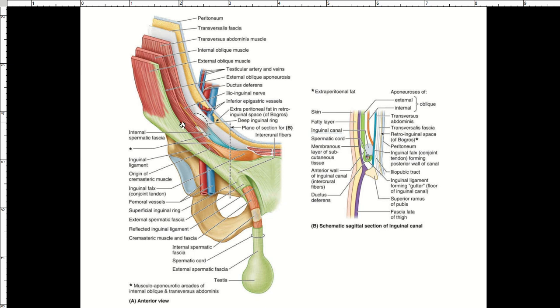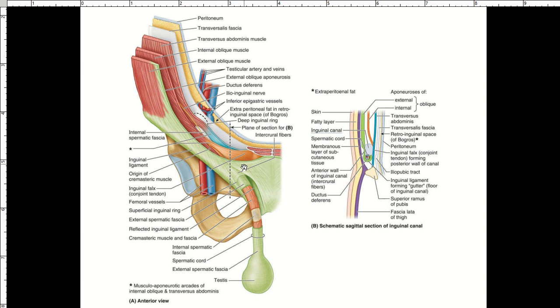Take note, it is the fibers of the internal oblique that are in contact with the contents of the inguinal canal, not the fibers of the transversus abdominis. So true or false, the fibers of the internal oblique contact the content of the inguinal canal. True. You understand? Very good. So let's take a look now at the